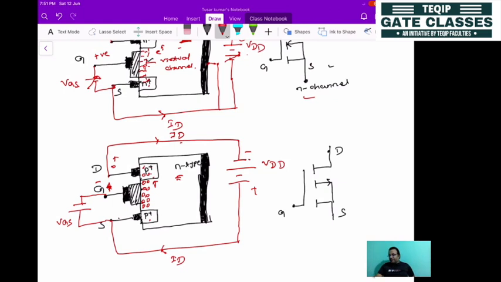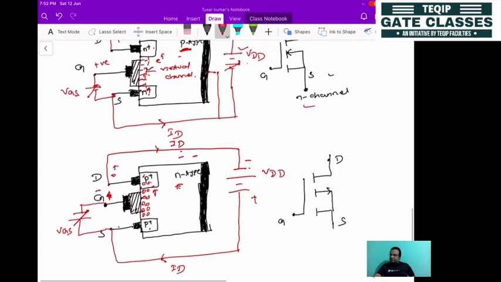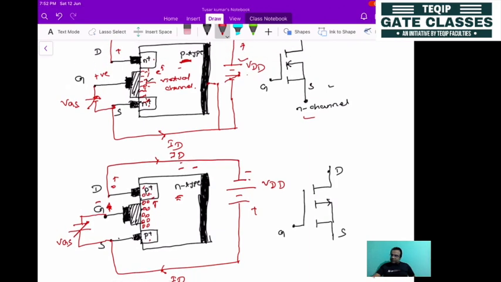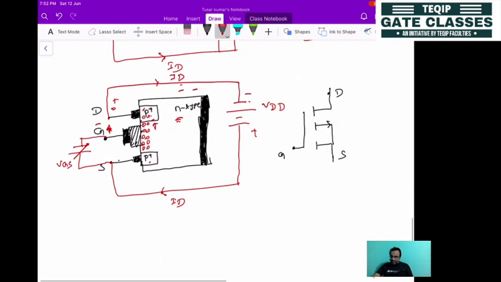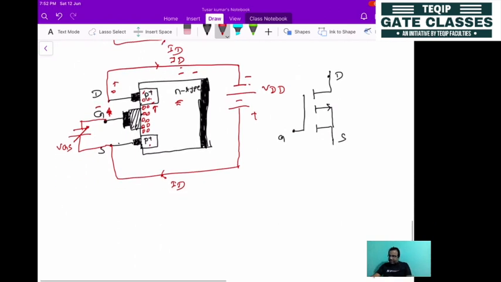So here the thing is that there is no physical channel present, but the VGS that we apply has to reach the threshold value, which will be comparatively high compared to the depletion type MOSFETs, so that this virtual channel will be formed. After doing this, we'll get the drain current, which will flow from source to drain, because this is a P channel material. Okay, so this is the operation for enhancement type as well as depletion type MOSFETs, and all this is the oxide layer.